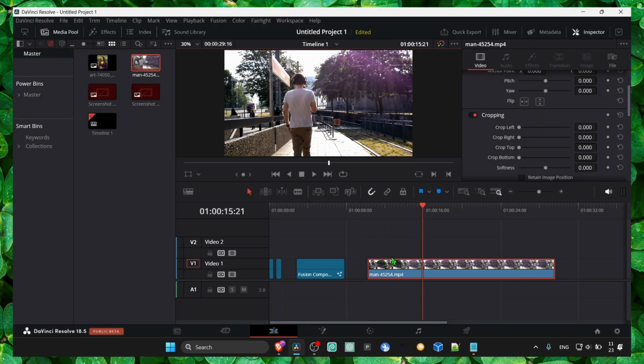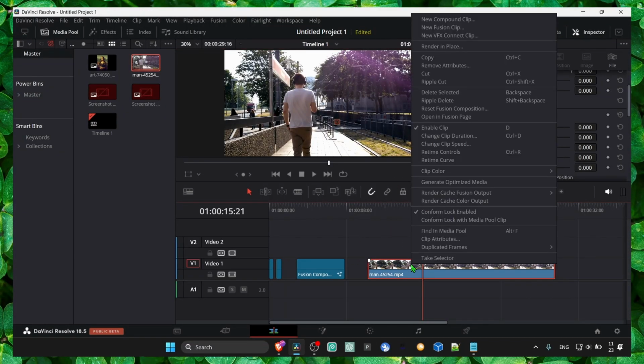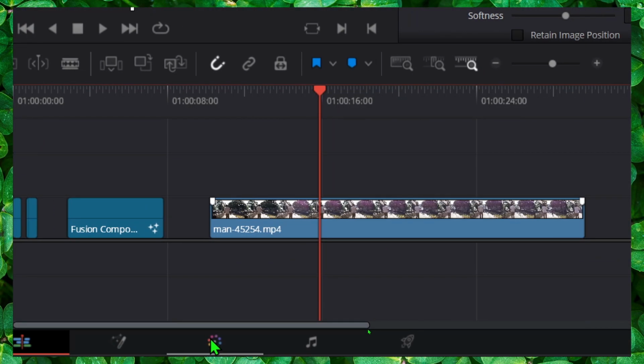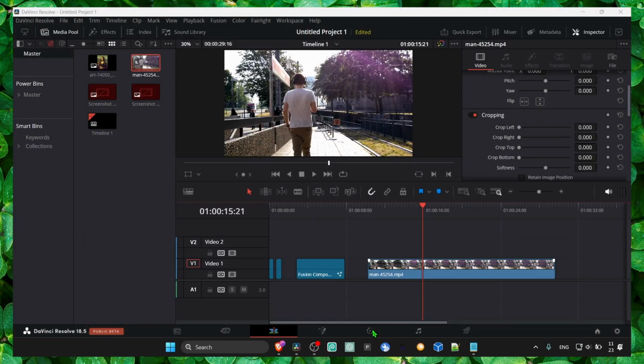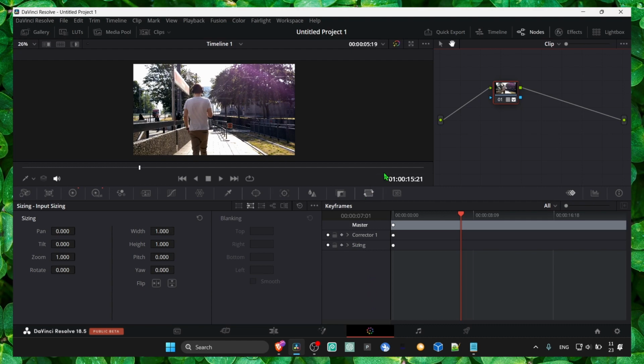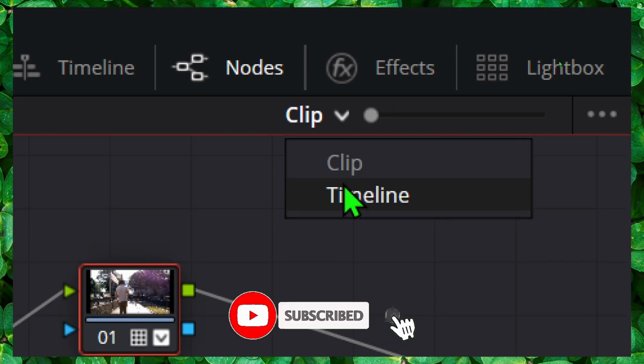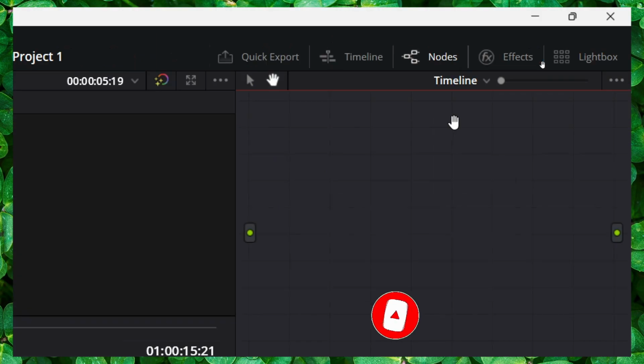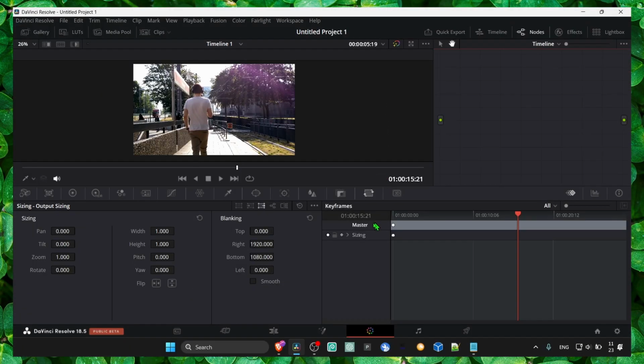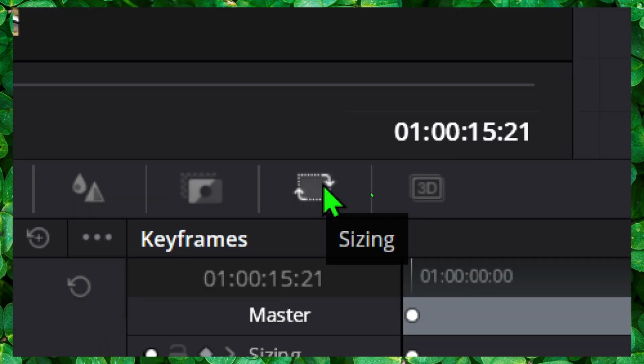Okay, so just import your video onto the timeline, and now just click on the color page. And here in the color page, we have to click on select here from clip to timeline. And then we click on this sizing,